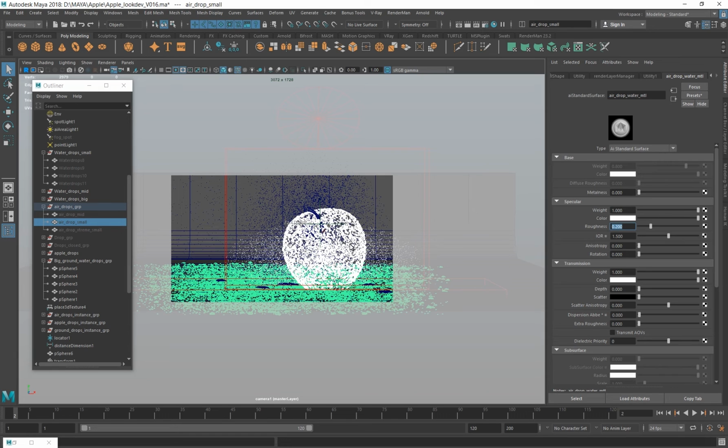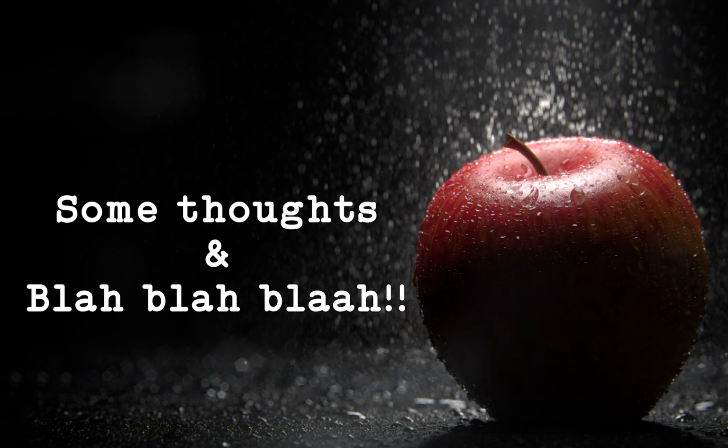So these are the final shaders of the apple stem and the water drops. I hope you guys understand this, because it can be a little complicated for someone who's new to this procedural shading workflow, because the shading graph of the apple is not a basic one. If you don't understand most of it, please don't think it's a complex technical part, because as I said, the shader which I just showed here is not a basic shader.